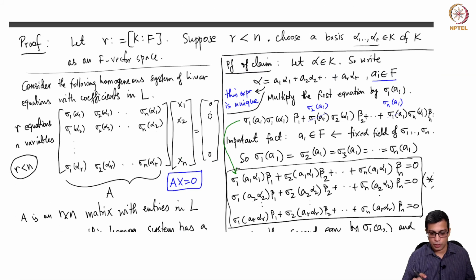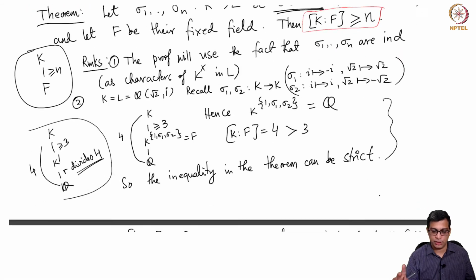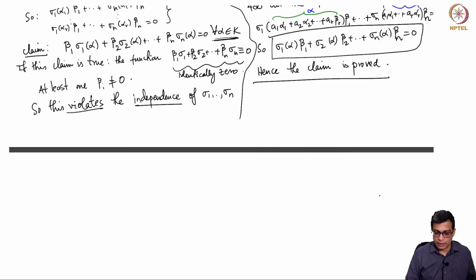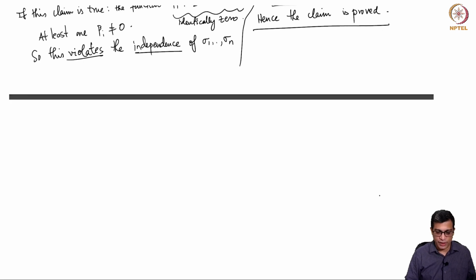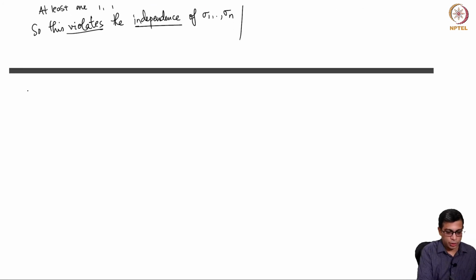to prove about fixed fields, and in the next video we will do the second theorem, which restricts to the case K equal to L and shows that there is an equality in some cases. So before I stop, let me just end the theorem by defining... okay, so maybe I want to use all of the next video for the proof. So let me just give you quickly the definition here.